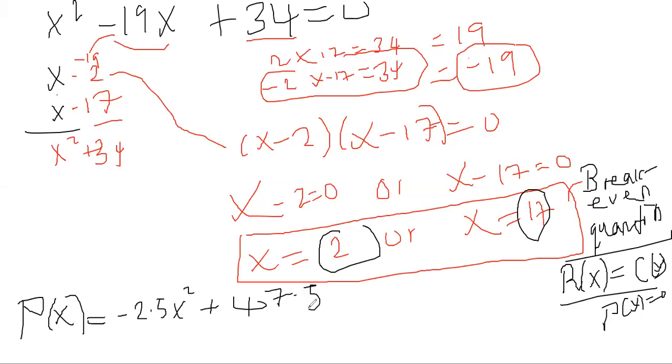Plus 47.5x minus 85. So if you substitute this, where is it? If you remove this and put 2 there, or 17 there,